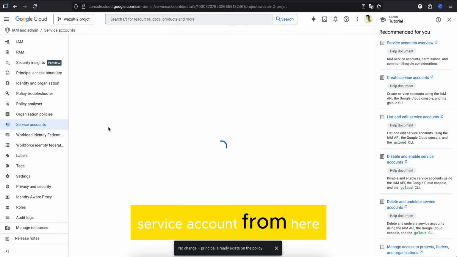So we will be creating a new key here, and we will be selecting the JSON, which is the recommended one, and we will be creating it here. After the creation, it will say the JSON file will be downloading to your computer. So let's download it somewhere, and let's rename it to Wazuh project